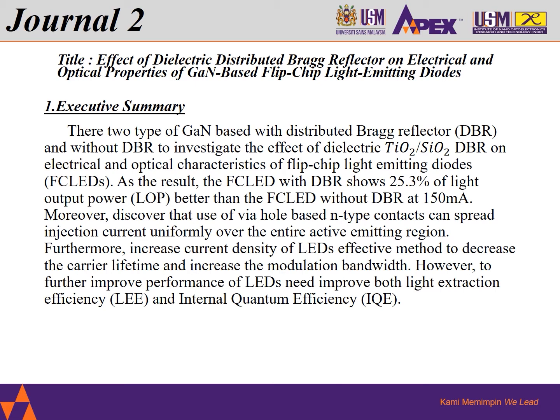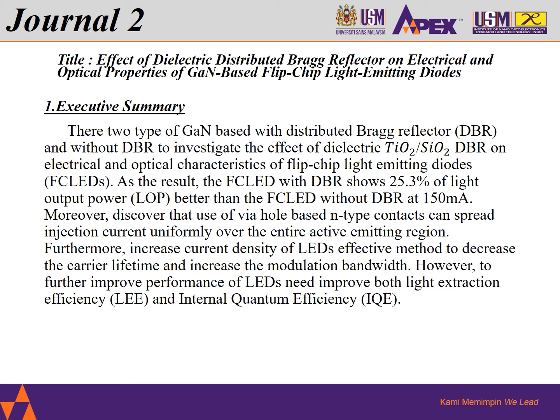As for the executive summary, there are two types of GaN-based devices, with distributed Bragg reflector and without DBR, to investigate the effect of the dielectric TiO2/SiO2 DBR on electrical and optical characteristics of flip-chip light-emitting diodes. As the result, the FC-LED with DBR showed 25.3% better light output power than the flip-chip LED without DBR